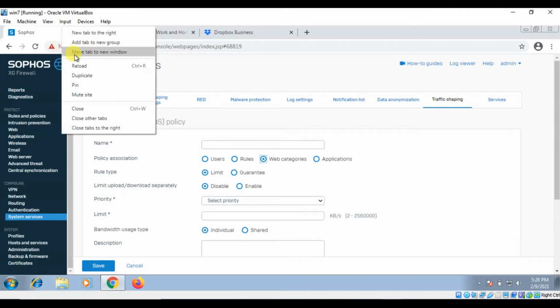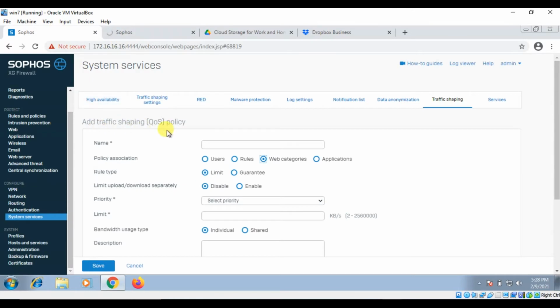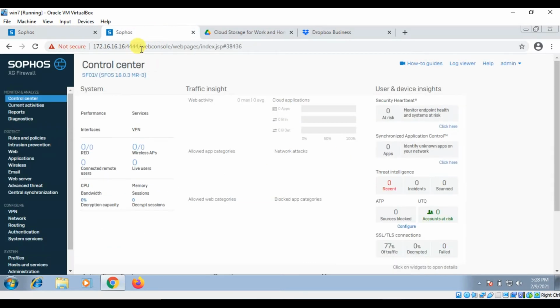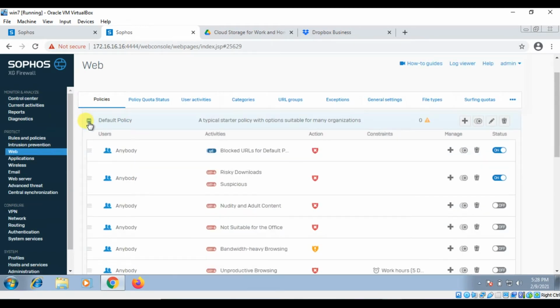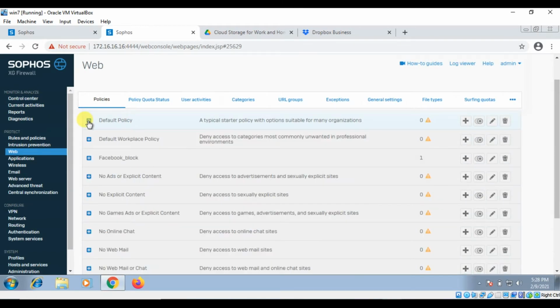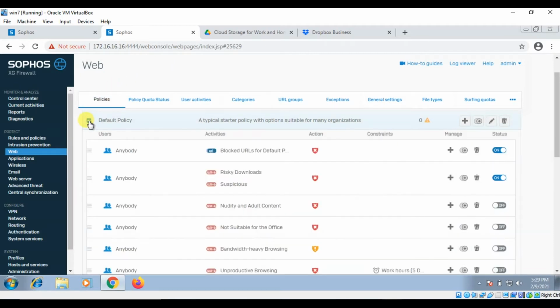Let me open a duplicate tab so that we can correlate both scenarios. I'm not creating a traffic policy from here. What I'm doing is going to the web. This is the policy that is in use and applied for my users. In your case, your policy may be different. I'm taking an example and applying the traffic shaping policy in this default policy.